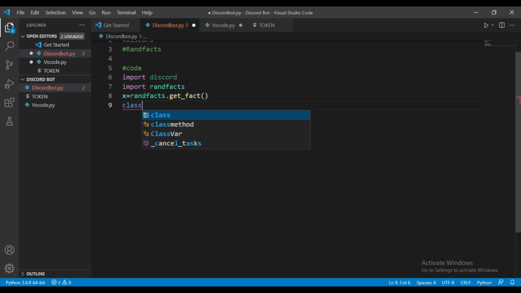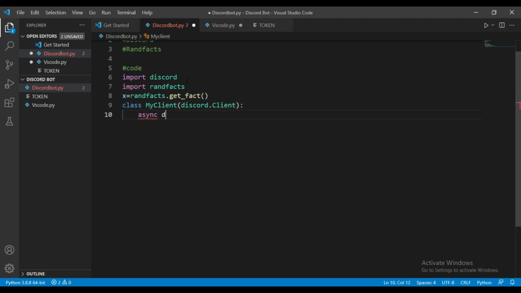Okay. So for printing the acknowledgement, you need to create a class called MyClient and pass the parameter discord.Client. Here the discord keyword is an API wrapper, and the client keyword represents the connection between the Discord API and your code. Then you need to type async def on_ready. It is basically a function.